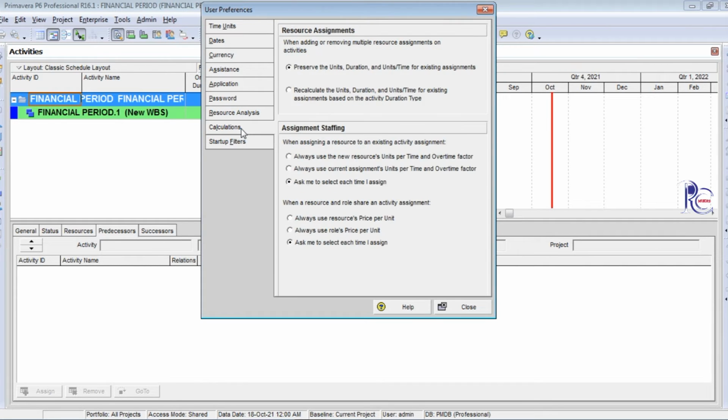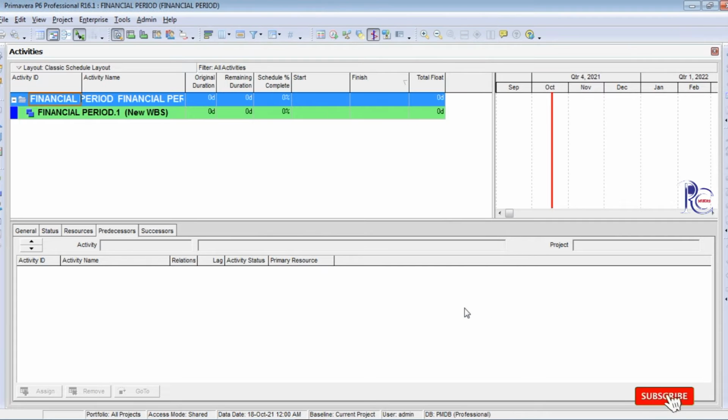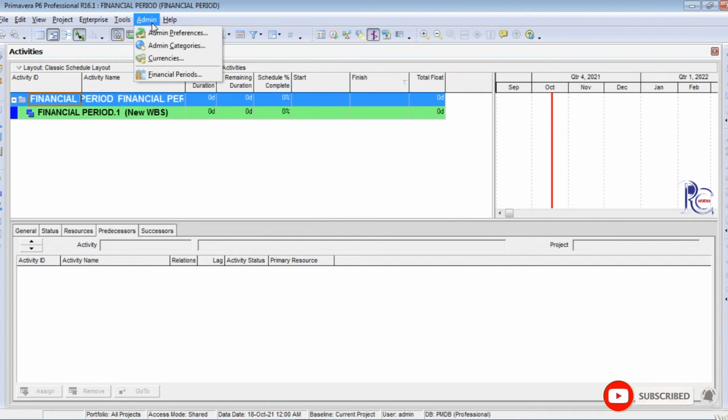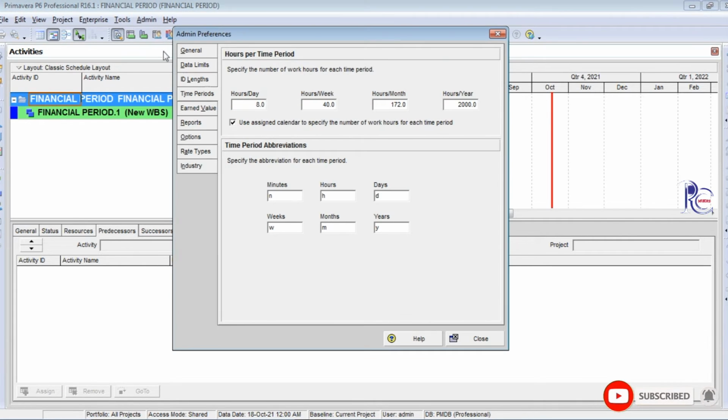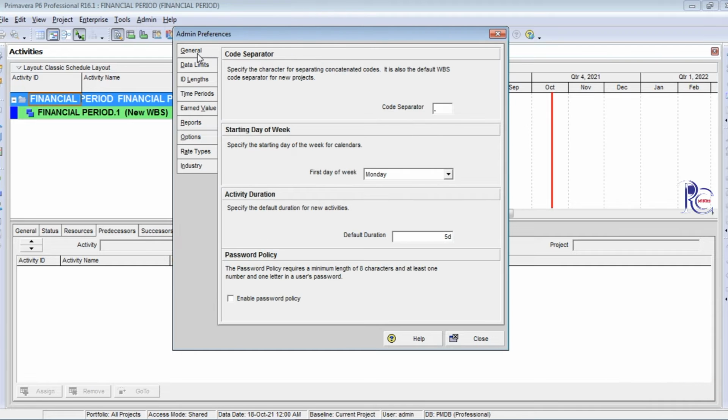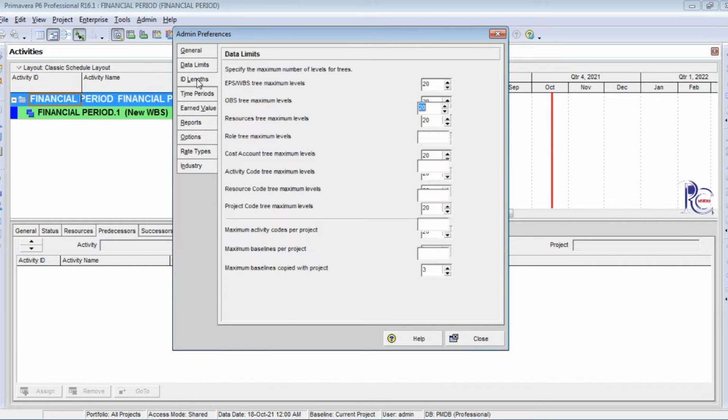This is also a default setup, so you don't need to change the setup. And go to the admin preference, also a basic setup of Primavera. I do not make any changes because the default option is the same concept in Primavera, so I don't make any changes. It has the same concept, so I did not change anything on the default session.